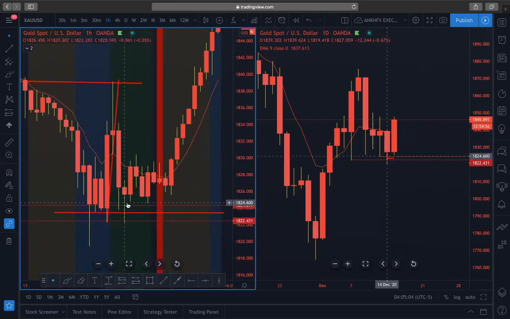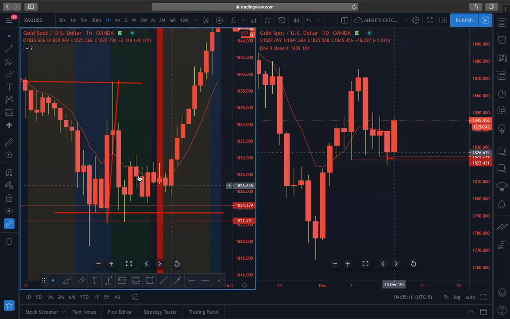But this wick got support in the middle of it. That's why it created this bullish engulfing candle. So at this point, I wasn't even up for buys at all. I wasn't even watching the market. I was already done for the day. But then